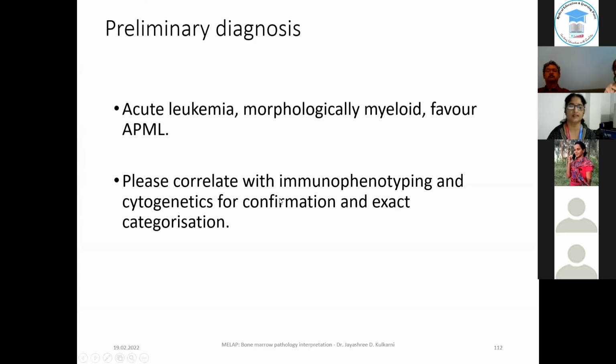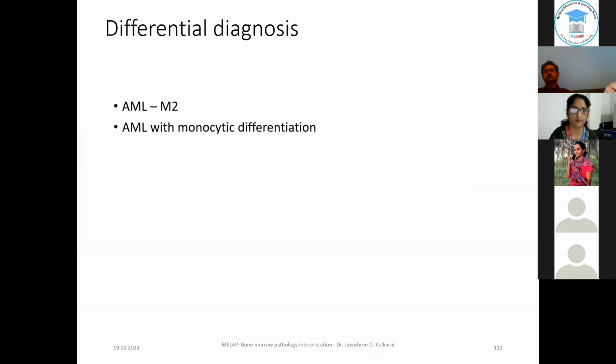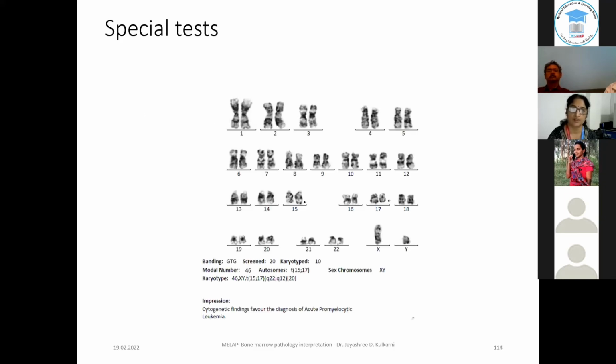So this is a classical case of acute promyelocytic leukemia. This needs confirmation by immunophenotyping, but your differential diagnosis without the granules or Auer rods will still be M2, or sometimes, because of the nuclear morphology, you really find it difficult to differentiate from monocytic differentiation. So cytogenetics, typical